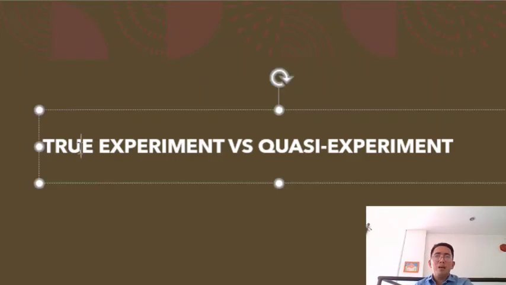In a true experiment, all right, research participants have an equal chance, okay? All the participants have an equal chance of being assigned to any condition of the independent variable. Okay, the independent variable is the one being controlled by us researchers, okay, this is the one being manipulated by the researcher that is involved in the study. All right? So for instance,